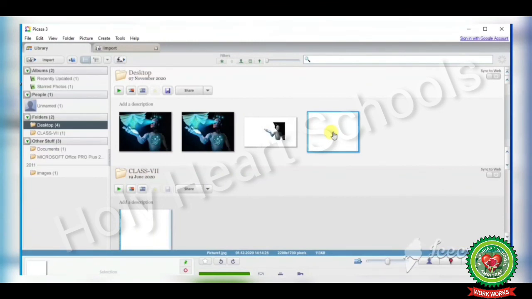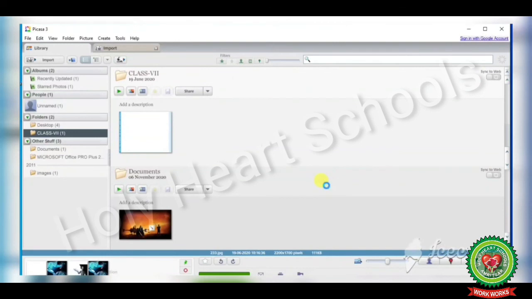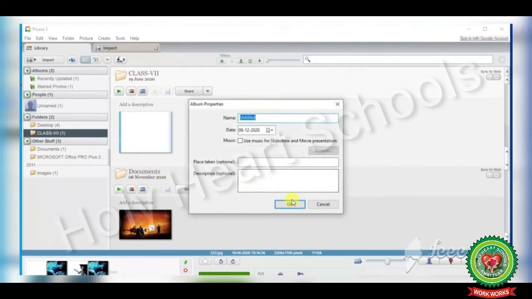Ctrl+H holds the selected photos in the photo tray. You can see multiple photos are selected by using the Ctrl+H key. Next we have Ctrl+N to create a new album. Now I am pressing Ctrl+N. Here you will get a dialog box.